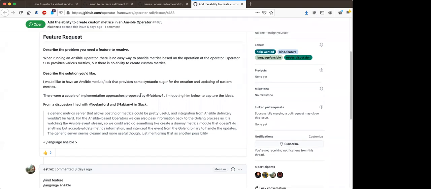The implementation that Fabian brainstormed was, let's write a really simple web server running in the Ansible operator, that an Ansible task can basically curl and ask it to do stuff, one of which could be set a metric value. Okay.